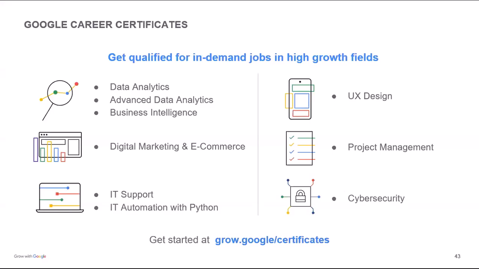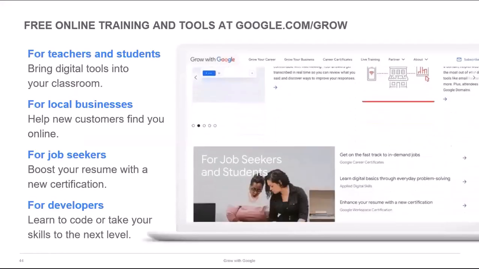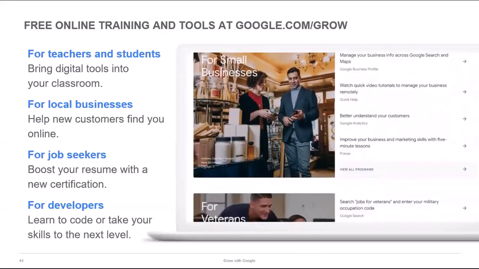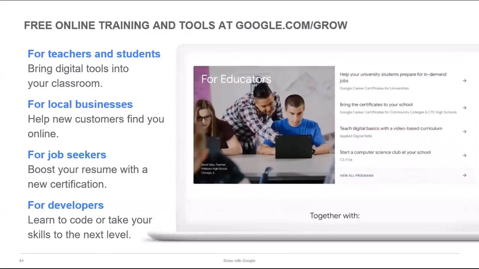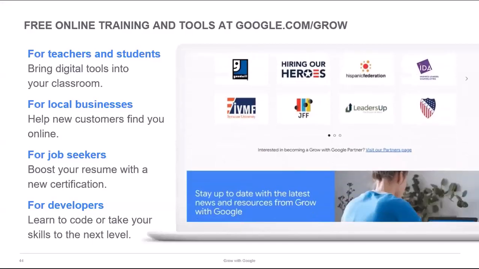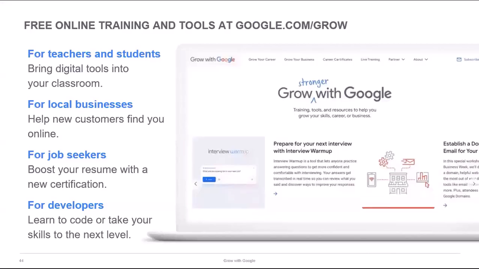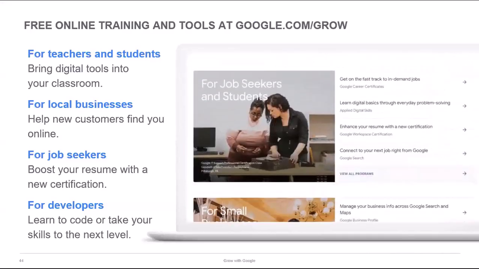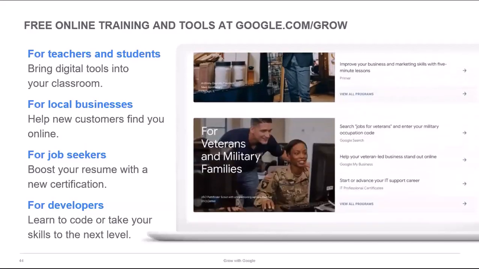Get those folks into UX design and project management. All these things can be done with Google free of charge. And free online training is also available, whether you're a teacher, a job seeker, or a developer. Tons of free resources for you to use when you go to